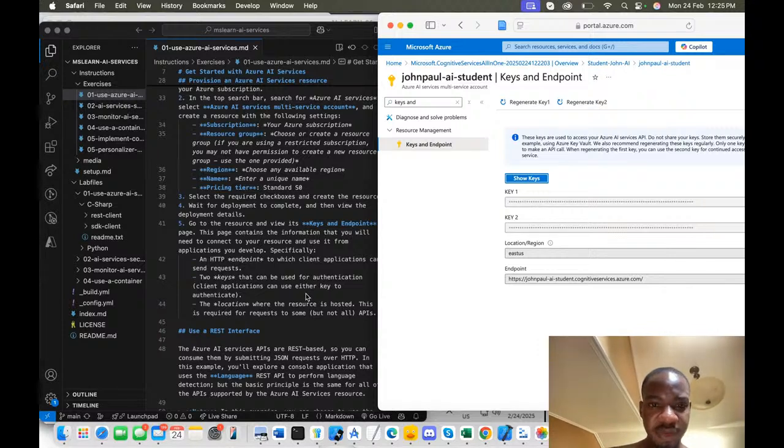So go to the resource, view its keys and endpoints. It contains information I'll need. Specifically,